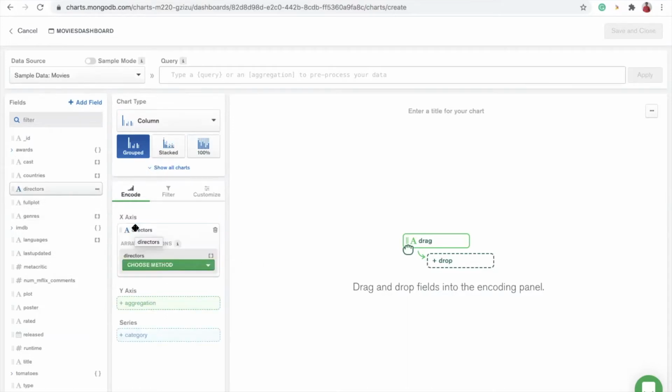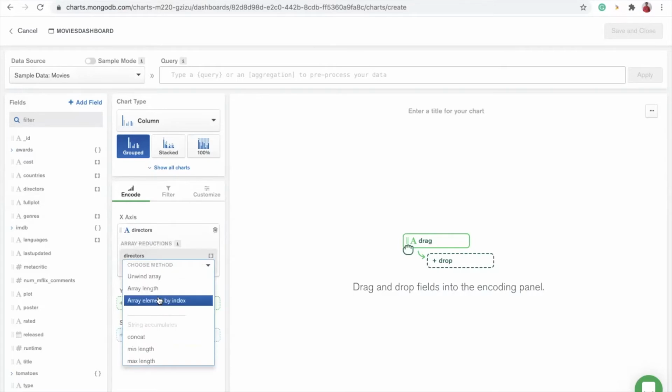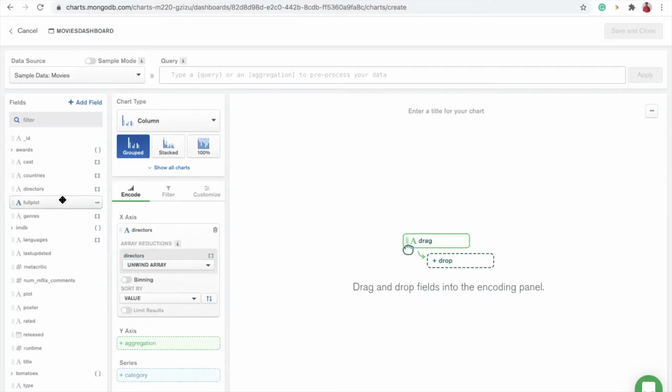So once I select the director's name, I will be unwinding the array, because this is an array field. As you can see here, it is showing as a square bracket. And for the Y column I will be selecting award win, so that is a number.